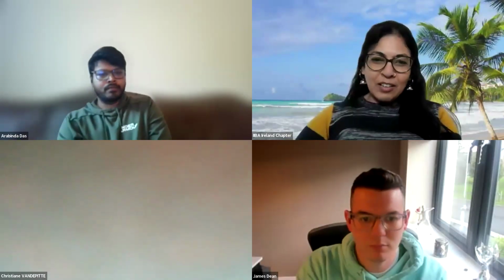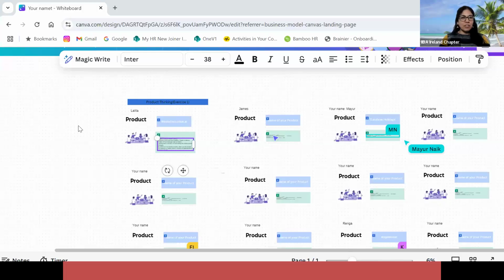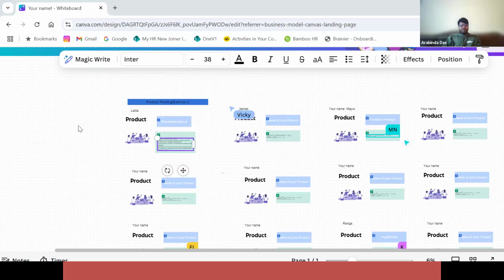Since everyone is writing, I think if any students have joined in this session, the business model canvas is very useful because I used the business model canvas in my final project in my master's. Yeah, that's very much needed. We'll come to the business model canvas after this, but this is just the product thinking that I want you guys to have before we move into the business model canvas.